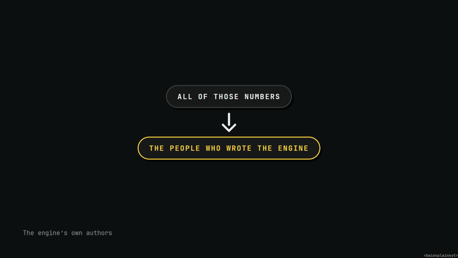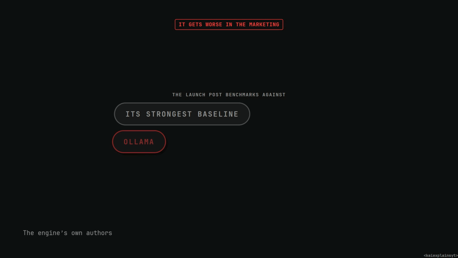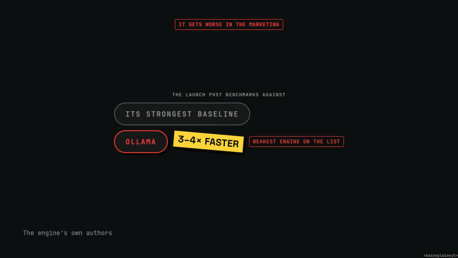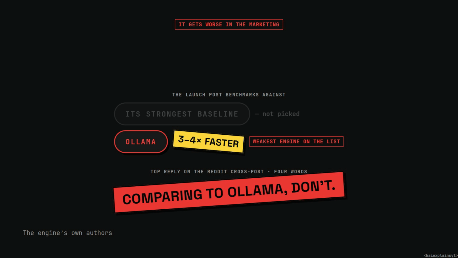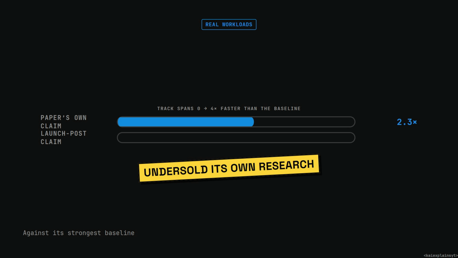All of those numbers come from the people who wrote the engine, though. That's normal for a systems paper, and it still isn't independent. And it gets worse in the marketing. The launch post benchmarks against llama and claims 3 to 4 times faster, and llama is the weakest engine on the list. The top reply on the Reddit cross post is 4 words. Comparing to Ollama, don't. Against its strongest baseline on real workloads, the paper's own claim is 1.5 to 2.3 times, so the vendor undersold its own research by picking a soft target,